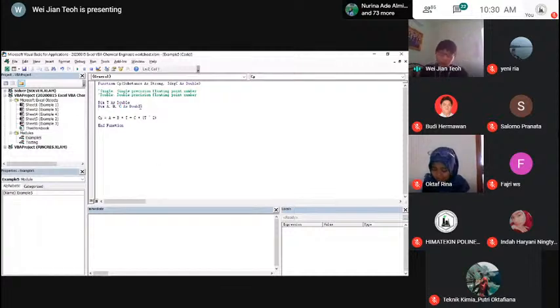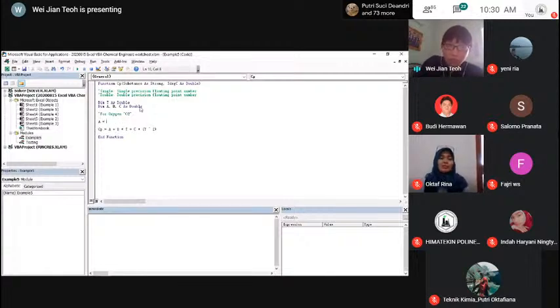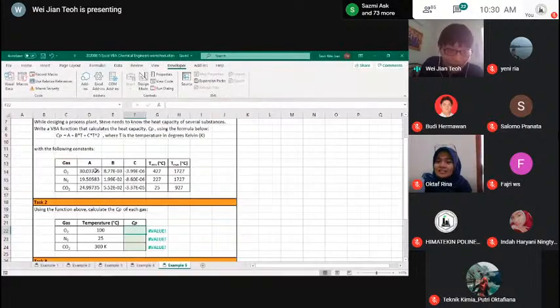So let me just do the first one. Let's say for oxygen. I'm going to type in A equals to, B equals to, C equals to. Then I'm going to just copy them from the sheet because I'm a bit lazy to type everything. So let me just come in here.